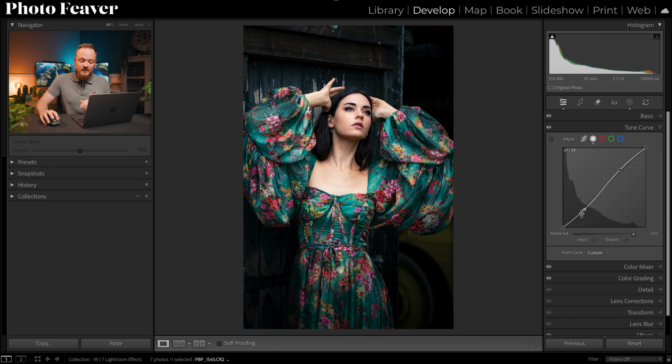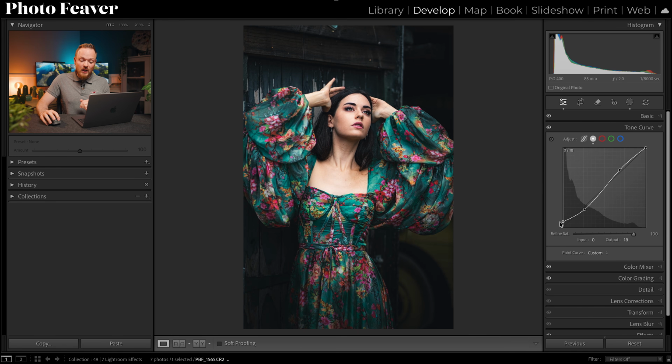Now I've already made a few points, but what I would do is go to the very far point, so that is your black point, and simply raise it up. You want to make sure that your input value is 0 and your output value is larger. The higher the output number, the more of a soft shadow effect that you're creating. So for example, I would probably go to a soft shadow effect of around output of 20, and it added